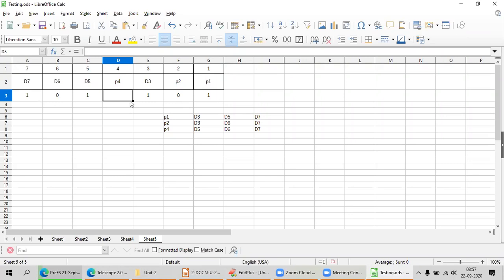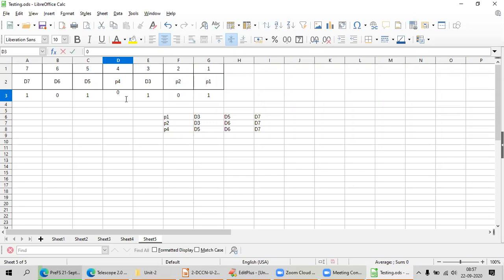Here also I put 0 to make it even parity. Otherwise, what will happen if I add 1? It will convert to odd parity. Why? Because there are 3 numbers in your code, so it is not going to add 1; it is going to add this. Like this, I have coded this information and forwarded it to the other end.